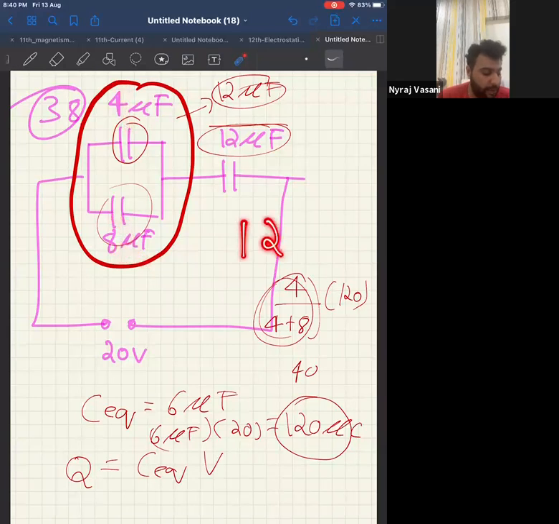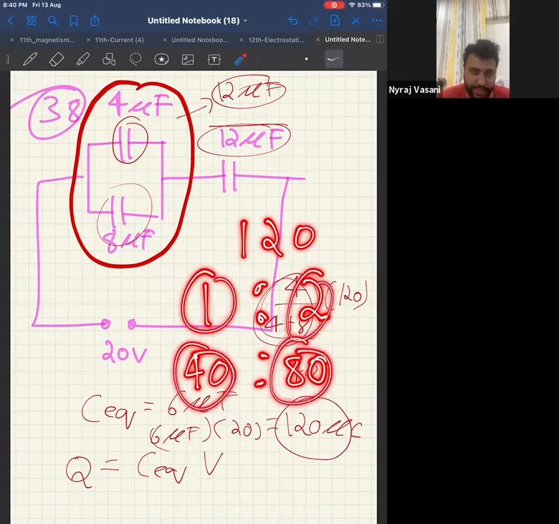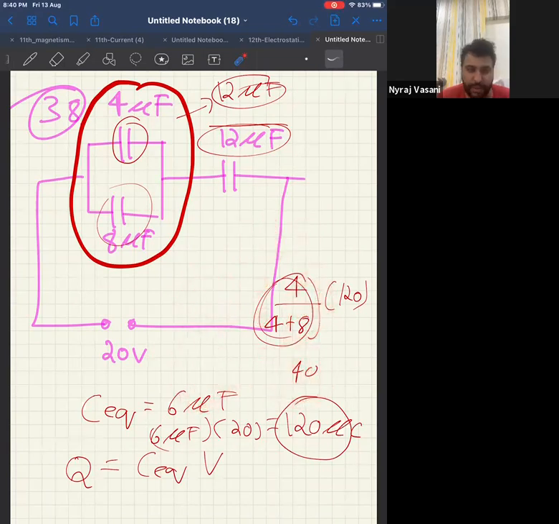Now, if I want to divide 120 in the ratio 1:2, can I say it will be 40:80? Correct? Think about it. If this gets 40, this will get 80. Can I say total will be 120? Therefore, can I say that is why this will also get 40? That is what Malhar said in terms of formula. I told in terms of logic.